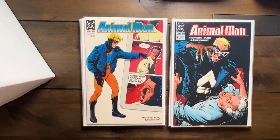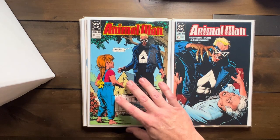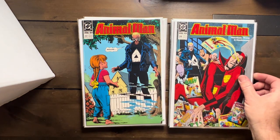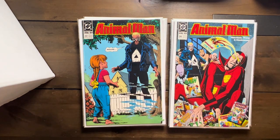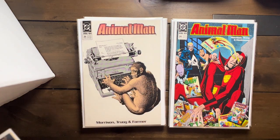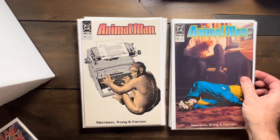21, just amazing Brian Bolland covers. Just almost every single one of these is just so fantastic. 22, 24, this one's pretty sweet. All these Golden Age books on there. 25, I love that cover. I don't know how that one got in there. 26,